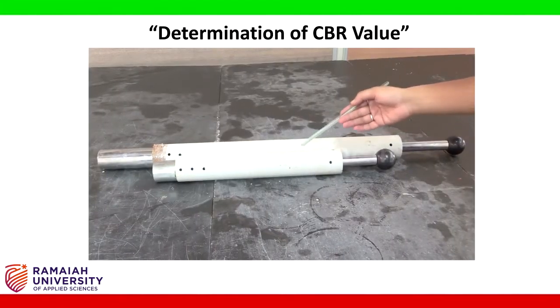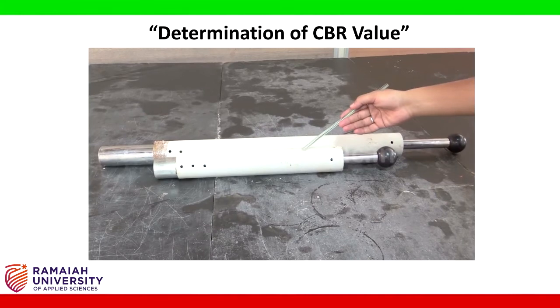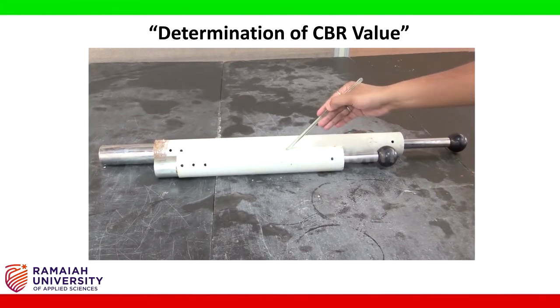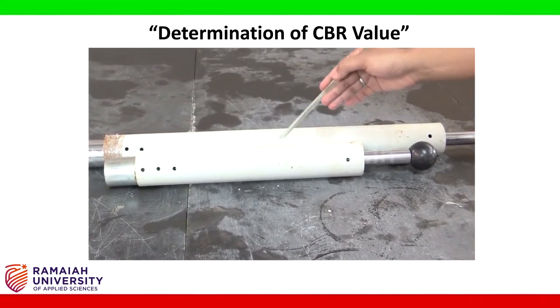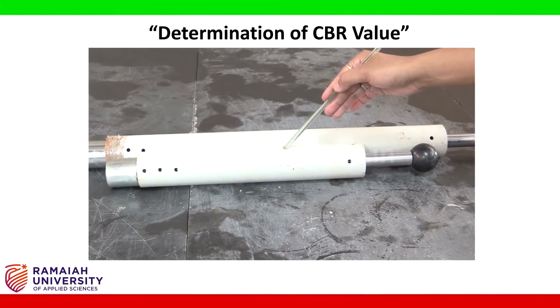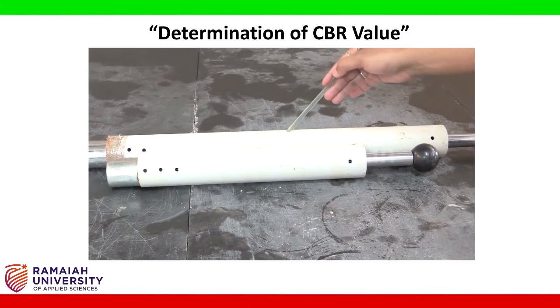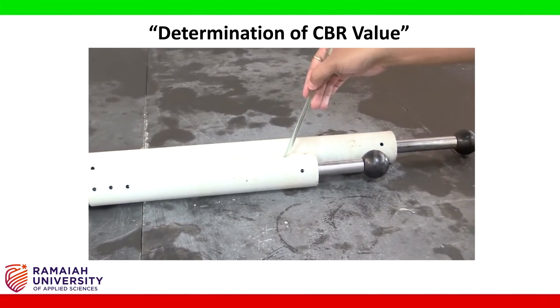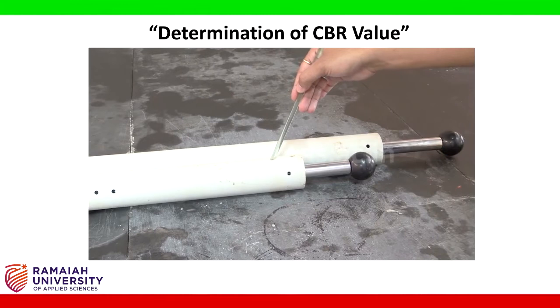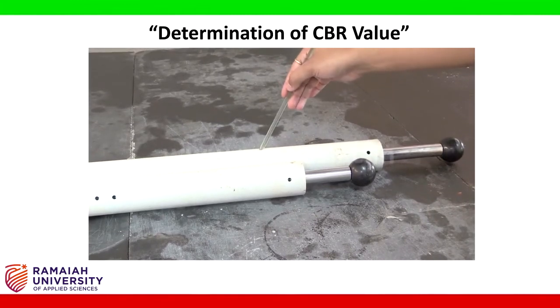These are the rammers that are required to prepare the specimen by compaction. This is the light compaction rammer, and this would be the heavy compaction rammer. The weight of this rammer would be 2.6 kilos, whereas the weight of this rammer would be 4.9 kilos. The height of fall for this rammer is expected to be around 31 centimeters. The height of fall for this rammer is expected to be around 45 centimeters.